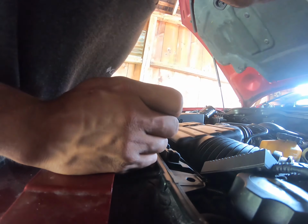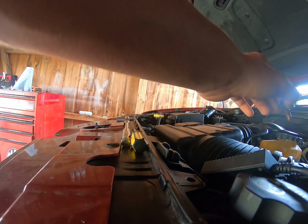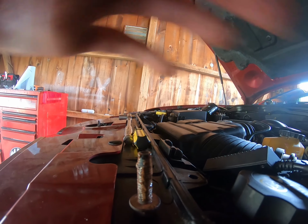Does that just come off, or what? The header's... You got to take off a... to get to it. Damn. Oh, I think that's a coolant temperature sensor. Might want to run to Advance or NAPA before we...